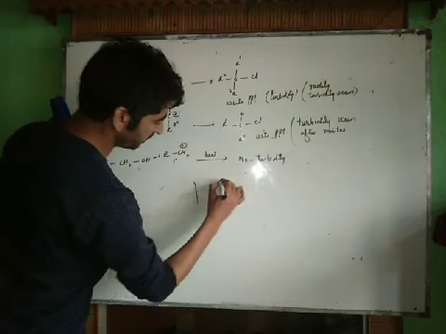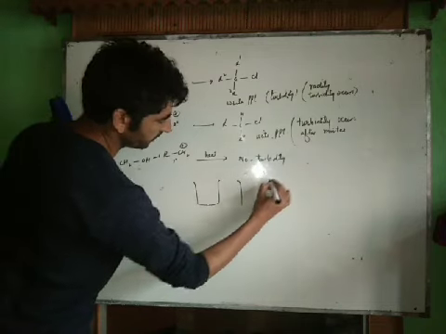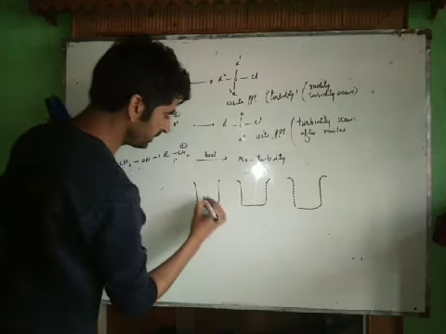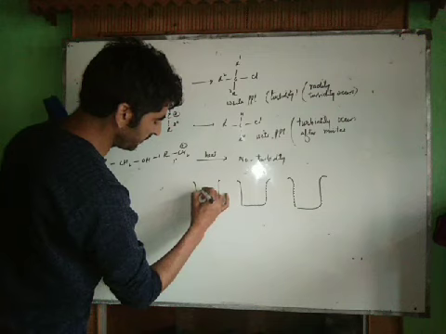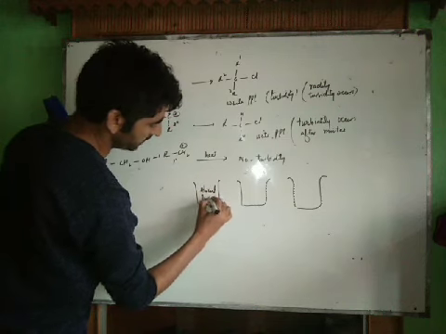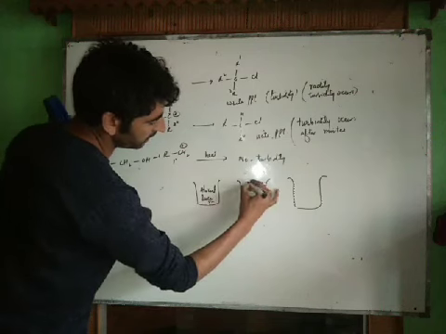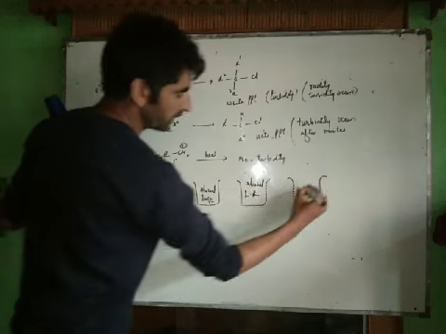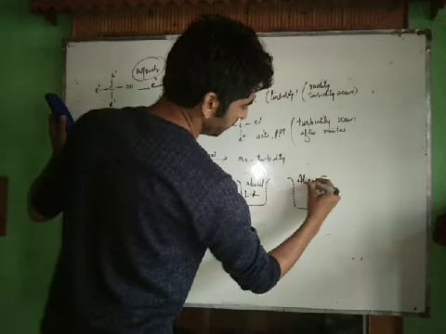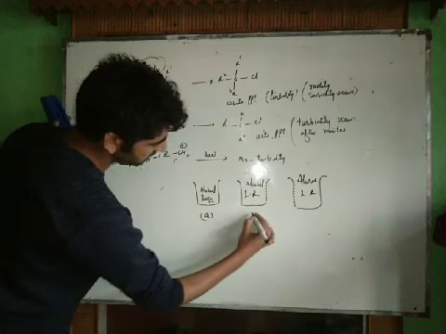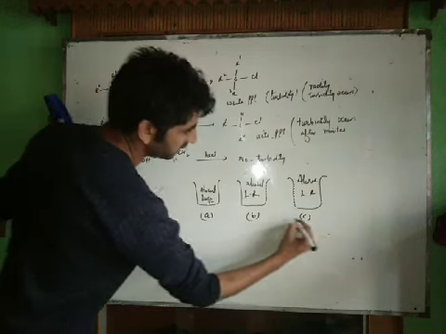Therefore, if we are given 3 beakers like this, a question is conceptually asked like this. This is beaker A. In this beaker we have alcohol and we have Lucas reagent, LR. In this one also we have alcohol and Lucas reagent. This is our container A, this is container B, this is container C.